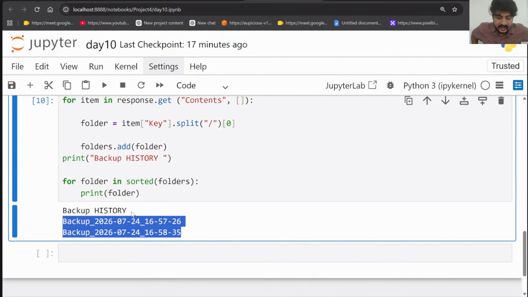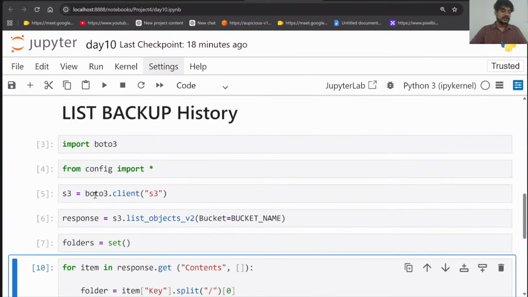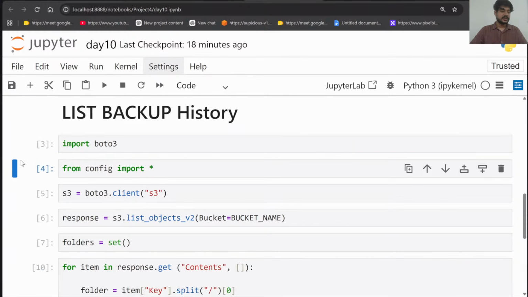So this is the backup history, and this is what the backup was created at this particular time. Right? This is the backup history we created over here. Now I can restore this entire file, maybe history or backup. You can store this code in a file created with the name list backup. I don't want to create it here, but just let me quickly convert it into one single cell.